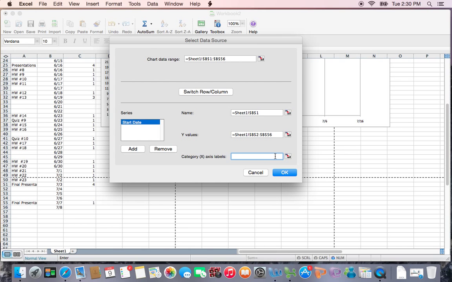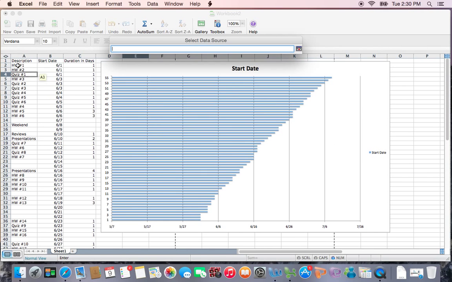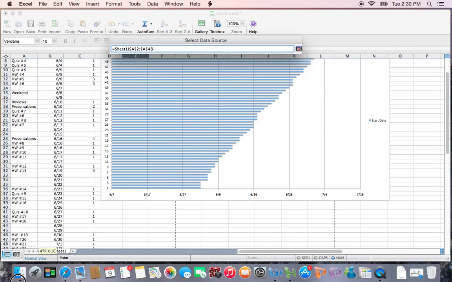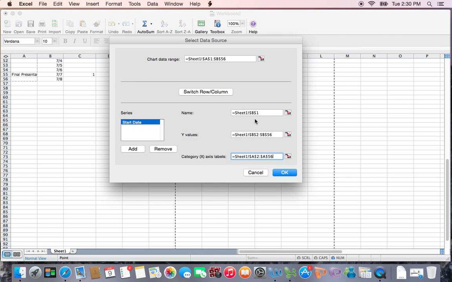And this is what's different than PC. On a PC we hit edit and we added horizontal axis labels. On a Mac we simply put it in this field. And again, this field will contain the assignment names. As soon as we have this, all three fields are satisfied, and we're going to hit add again to deal